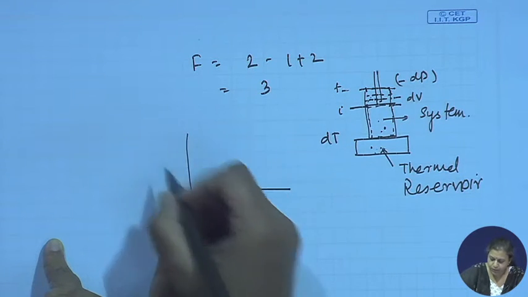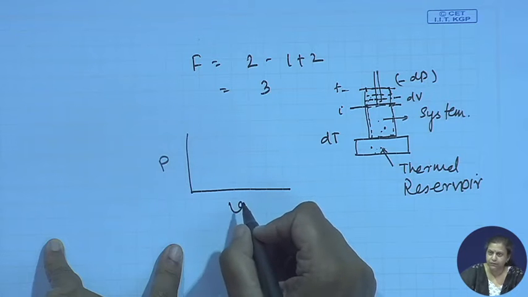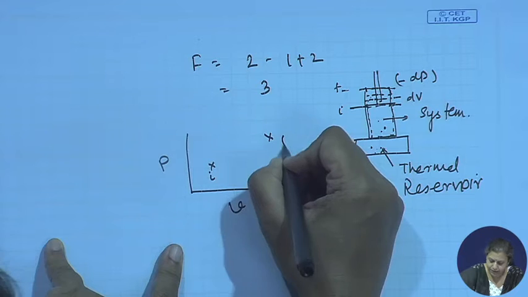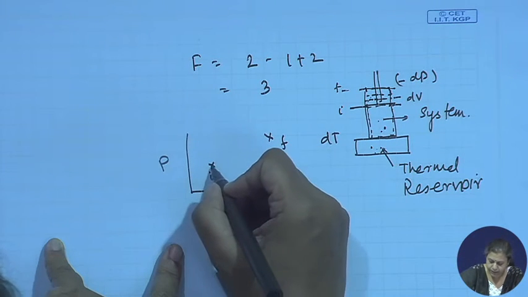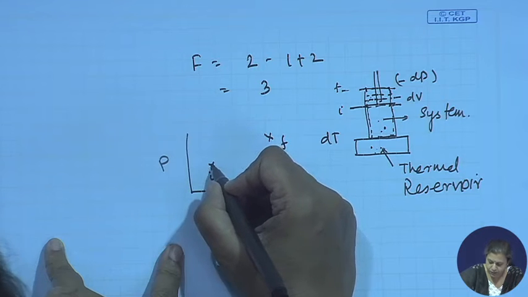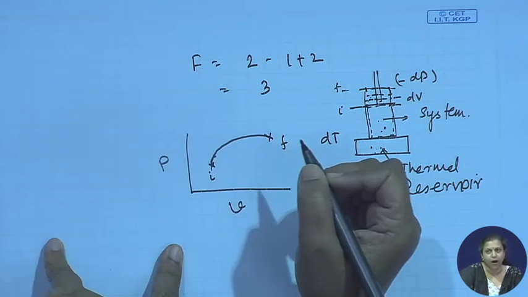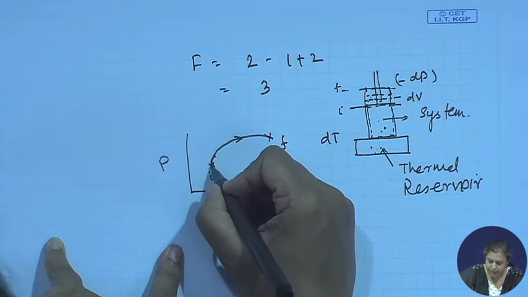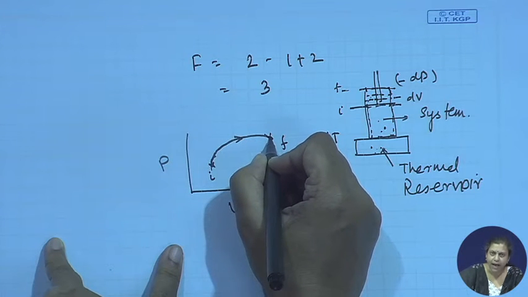So, therefore, if we can plot the state of the system, say on a PV plot, maybe this is my initial state and say this is my final state. So, I know in this particular case I can actually plot the path of the process. So, therefore, in this particular case, when I can actually trace the path of the process, as we shall see after some time,